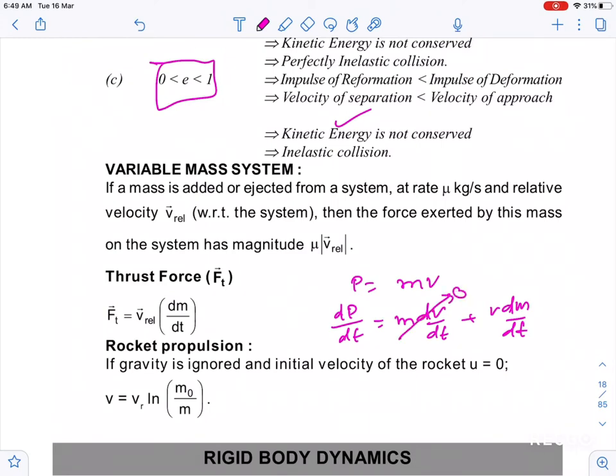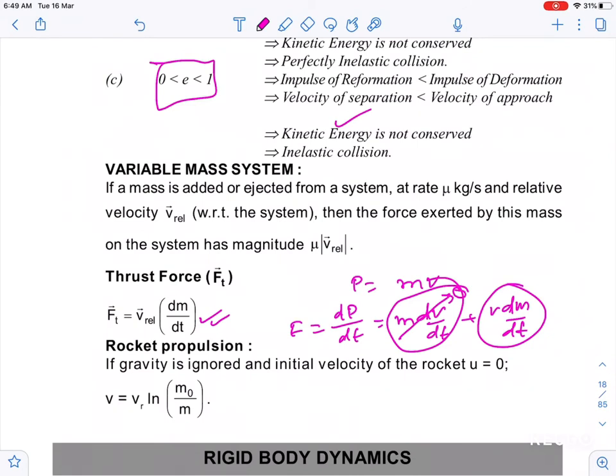So if velocity is constant, differentiation is 0. If velocity is constant, differentiation is 0, so this is F equals v dm by dt, which we have written here. Rocket is actually, when it attains the relative velocity, actually this velocity, I should not say 0 here, because actually this is a relative velocity, which I can take into account. This I will discuss later, don't bother.